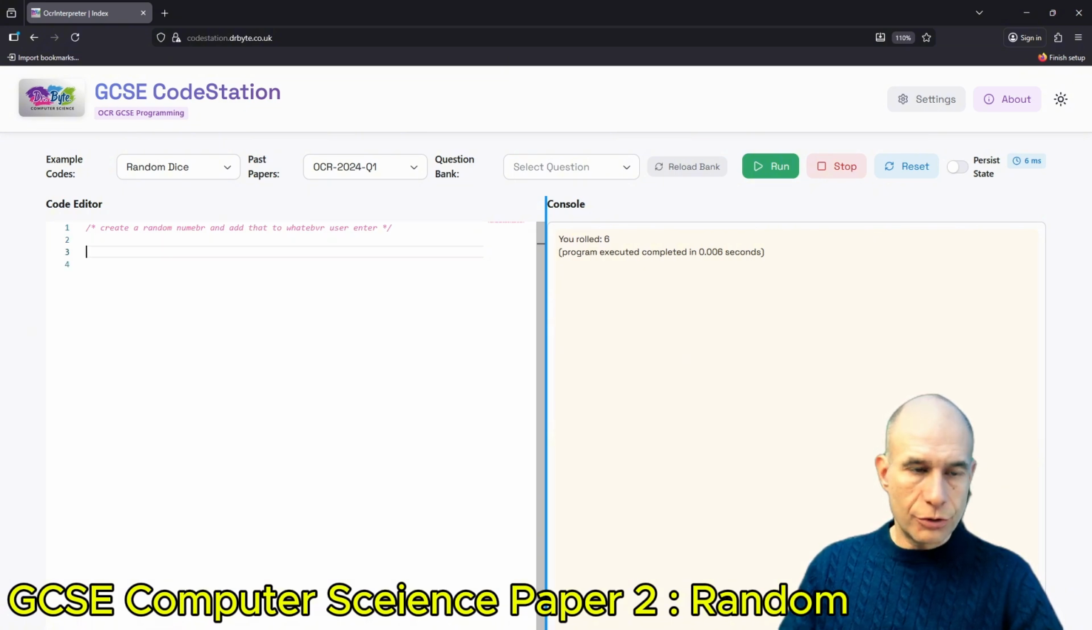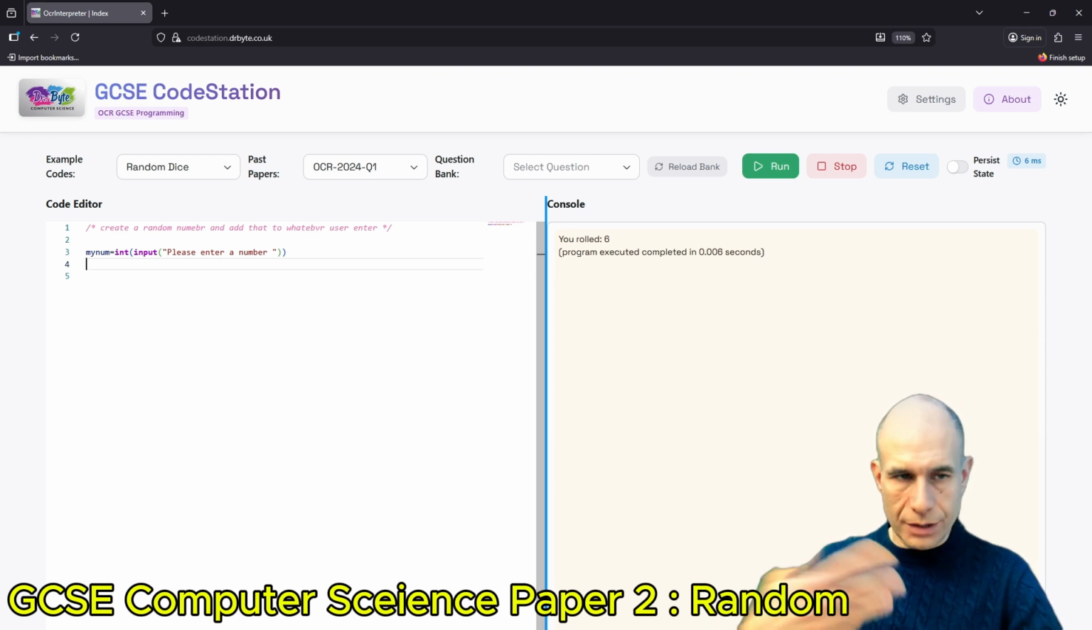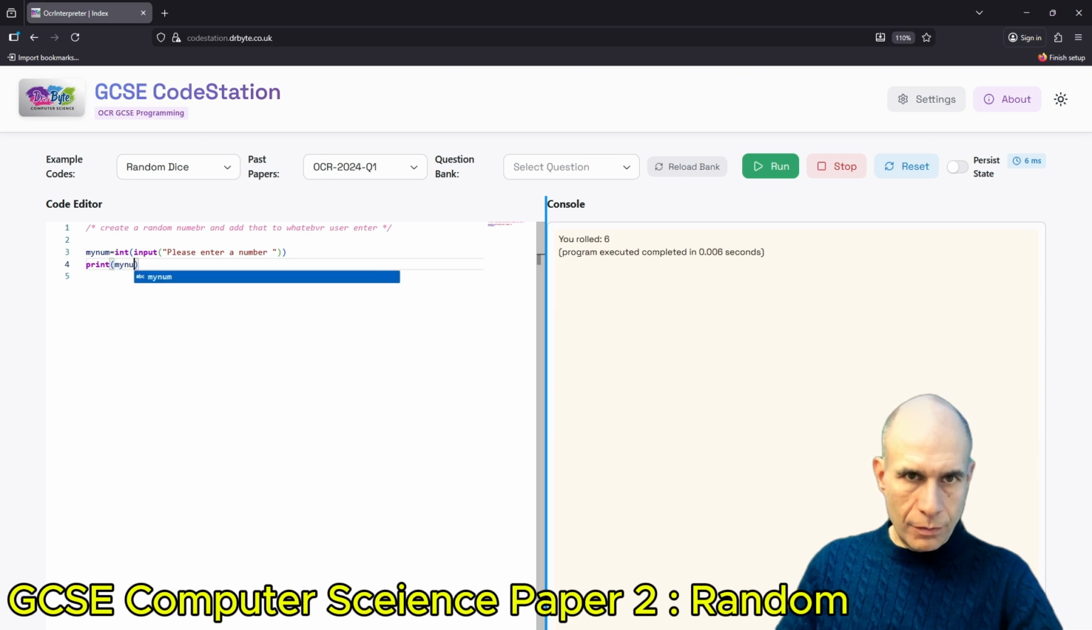I can ask the user to input some number. So I'm going to ask the user to input, please enter a number, right? And I'm going to store that inside a variable called my num, and I have to convert that, cast it as an integer because I need it to be a number, and I need to create a random number and add that to this and print that. Okay, so I can just print that directly from here and say my num plus random